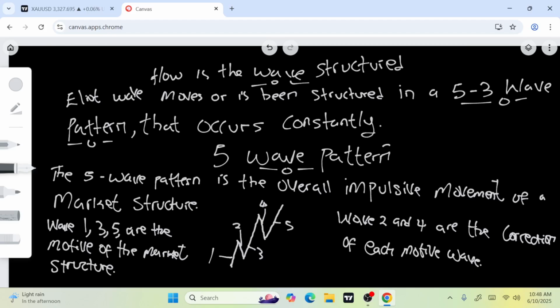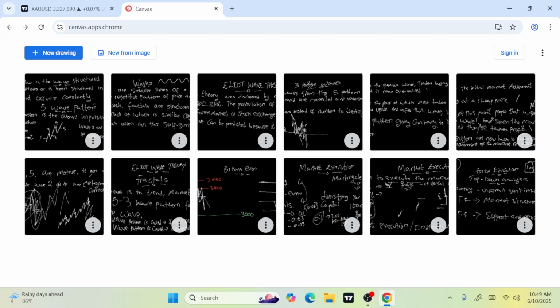We all know this. Now we are supposed to know what wave one entails, what wave two entails, what each of these waves entails, to give us their additions, like things you need to start looking for after you've known this wave formation. That was what led us to my explanation on each of the waves.